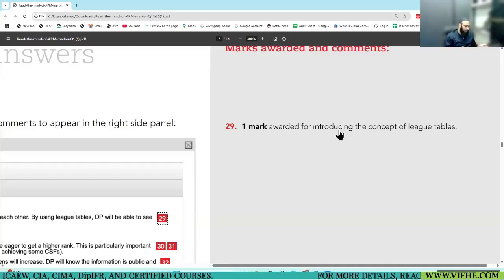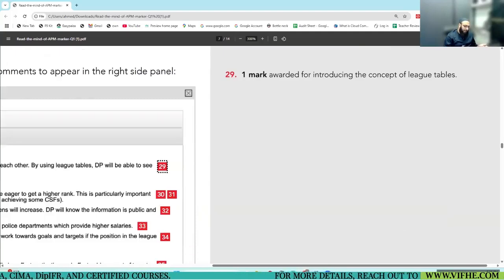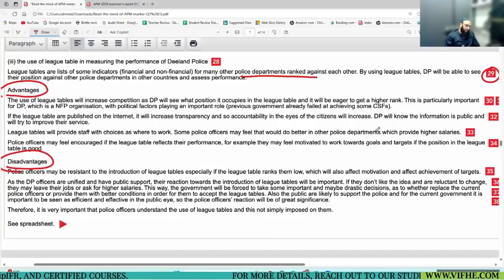Right. Now, next, advantages. Let's read. The use of league tables will increase competition, as police will see what position it occupies in the league table and it will be eager to get a higher rank. You decide, is this the right benefit for the police service?